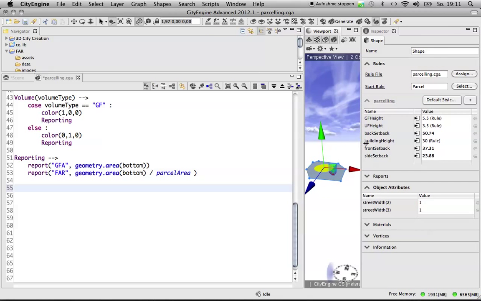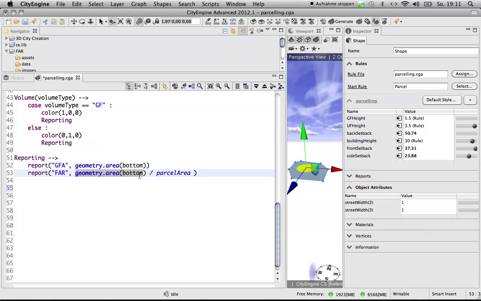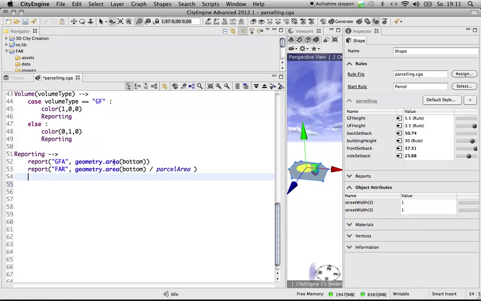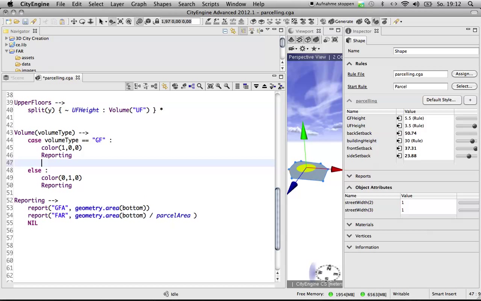And to bypass this, it's very easy: just report the ratio of the parcel area for this specific single volume, and the whole thing itself then gets summed up. So in the end the reports will be the same. Okay, so here we have done the reporting. Now after the reporting I personally usually nil the geometry, so I'm not going to continue here. Now you will see when I generate, the geometry disappears, but that's okay, because I'm going to make a copy of the volume, and I'm going to call this